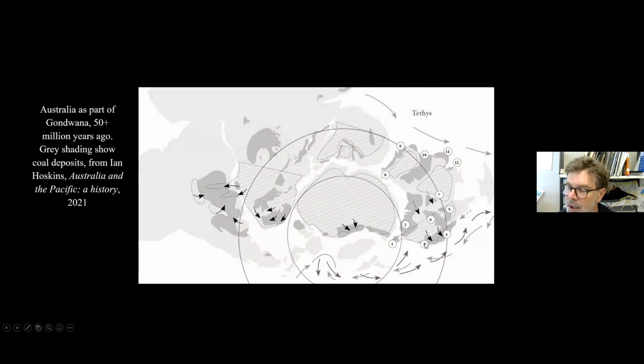So I showed you that earlier cross section. You saw that the coal sat underneath the sandstone. The sandstone was formed from sand that was swept down in a huge river when Australia was part of Gondwana, which is this great big mass of, I'm not sure if these are called cratons actually, but what we understand as continents before they drifted off. There's Africa and there's South America, and there's Antarctica.